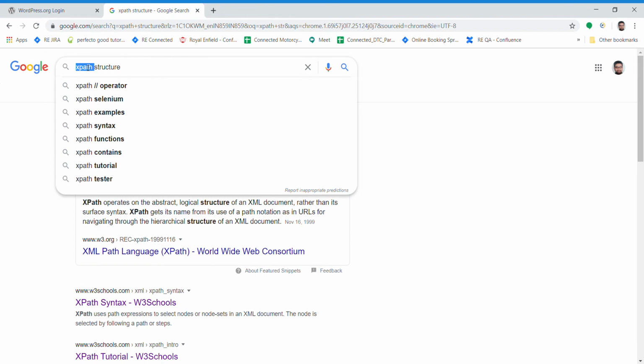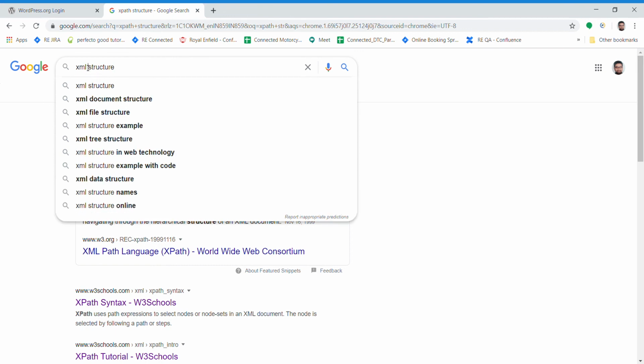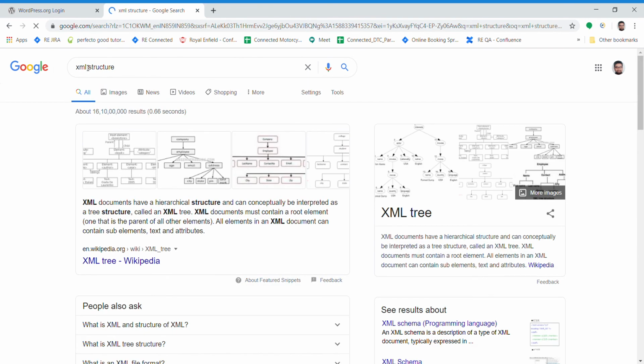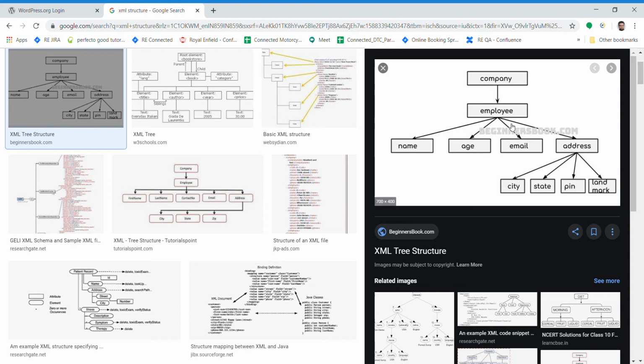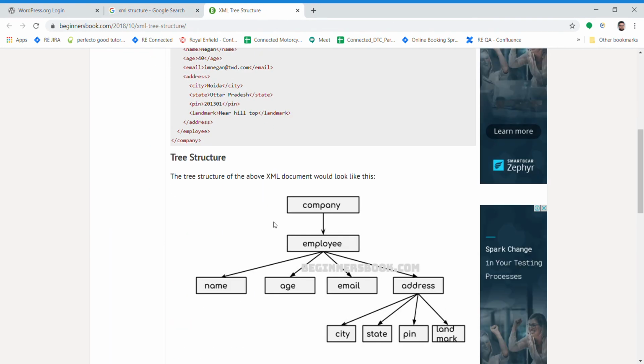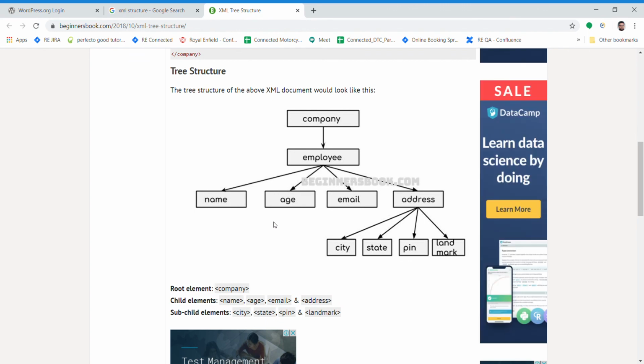Let's say we select this one. So you see, this is the kind of tree structure being formed in the XML document.